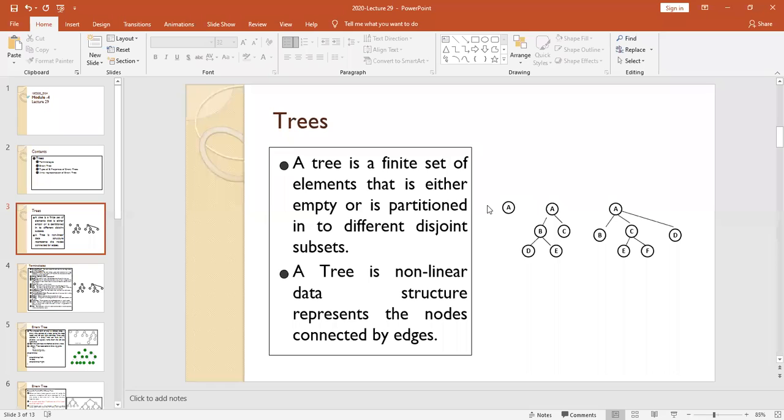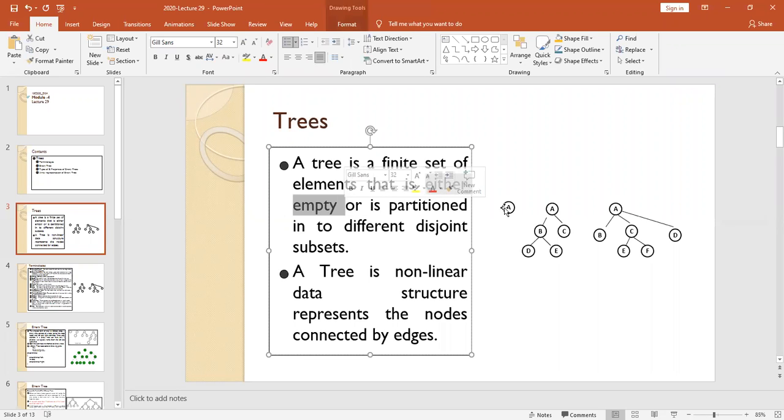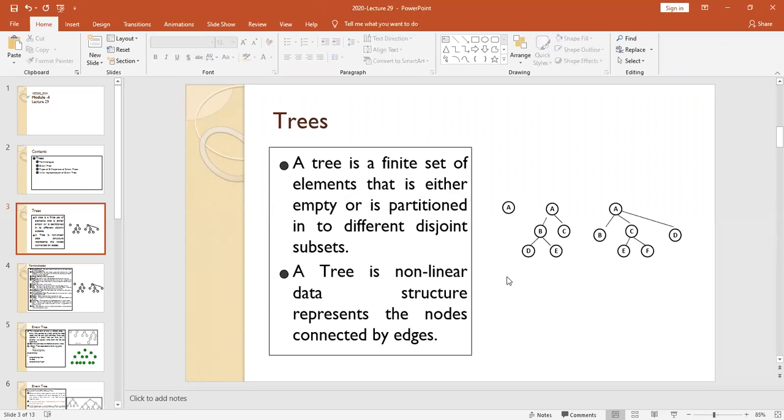It doesn't contain any branches or leaves. This we call an empty tree, because it consists of only one node. Each one we call a node. It does not contain any branches or leaf nodes, so that is why we call this an empty tree. That is what is meant by either empty. Next, it is partitioned